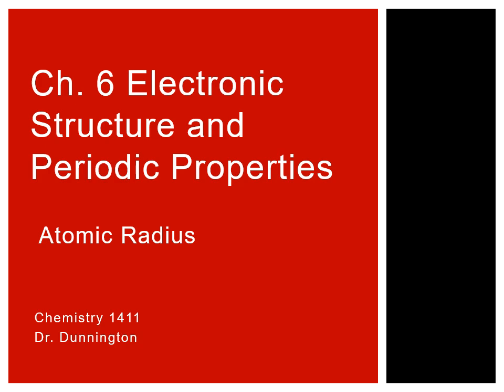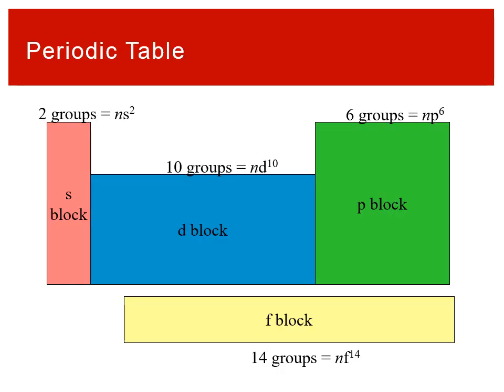Moving forward in chapter 6, we want to talk about atomic radius. All right, so we have learned so far that all these ideas about where electrons are around atoms motivate the periodic table, right? Electrons have this sort of building up in their configurations, and that leads to the patterns that we see in